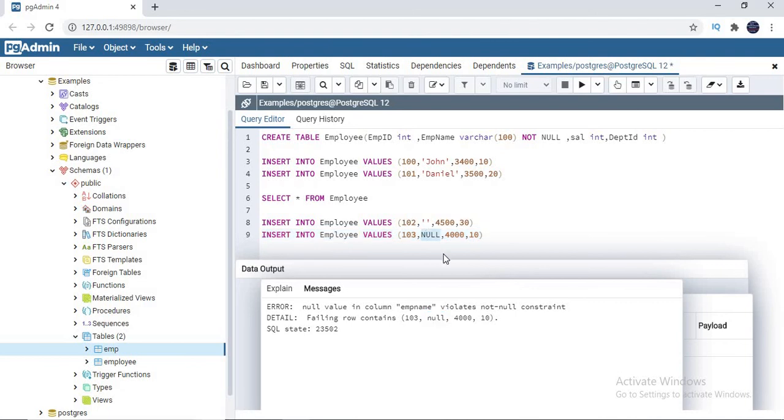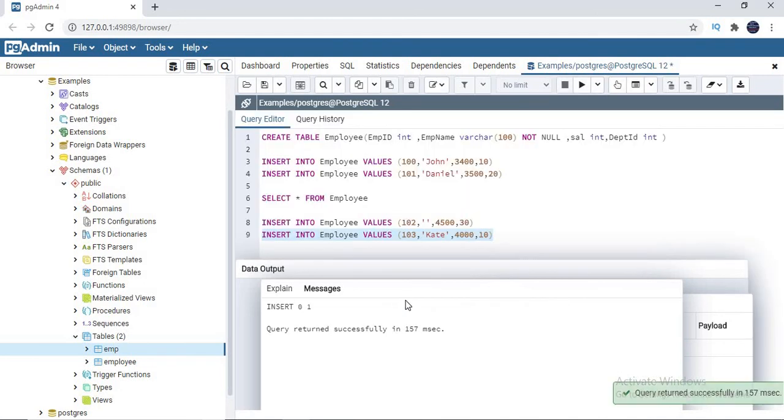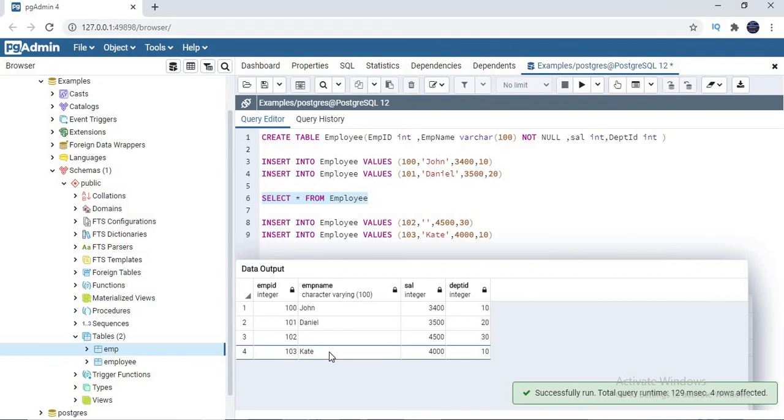Now let's make it a name here. Let me remove this. Let me add some value, Kate. Now if you run this, obviously it's a positive scenario. Let's select this and run it. The record has been inserted. Now let us see the data. Now Kate has been inserted.